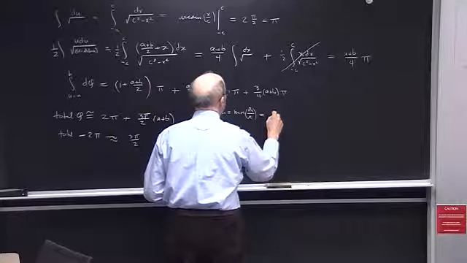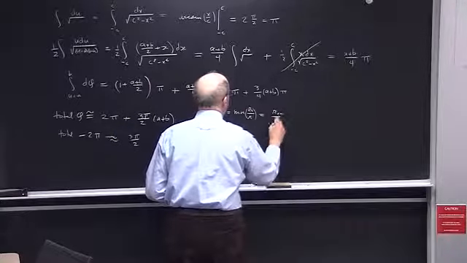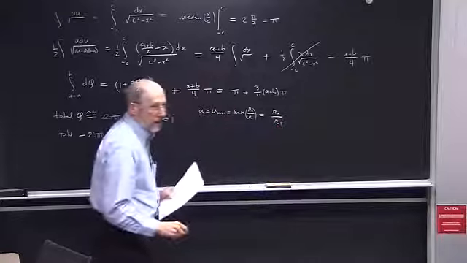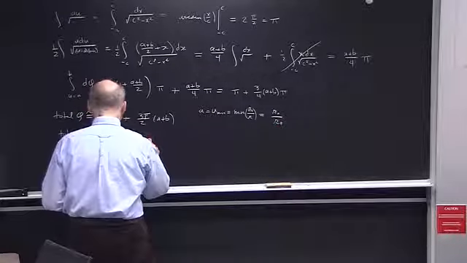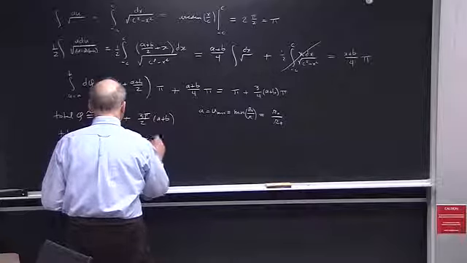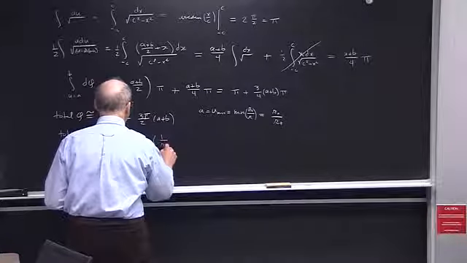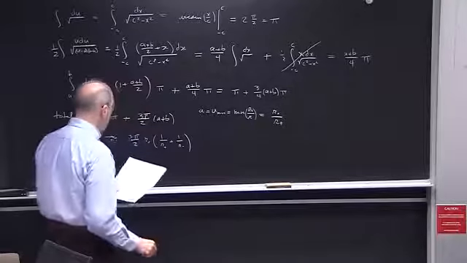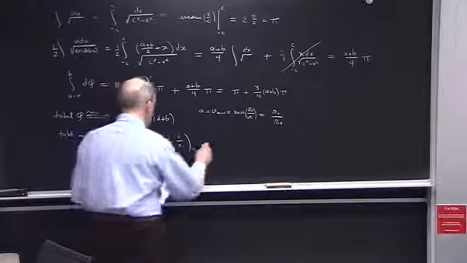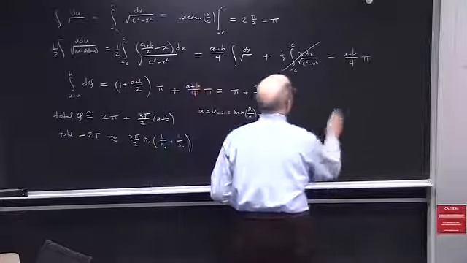So it's r naught over the largest value that r takes on. So I'll call that r plus, and so we get r naught times 1 over r plus, 1 over r minus, where r naught, mind you,